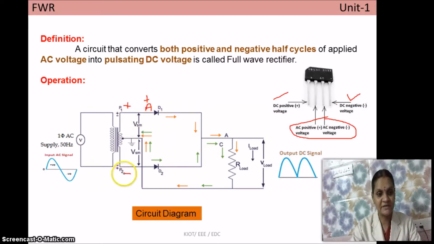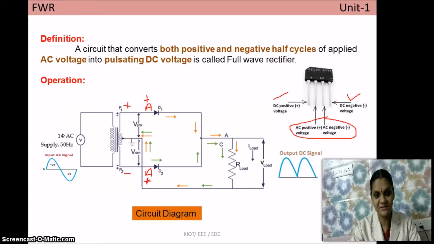And similarly here your P2 terminal is negative and this is also connected to anode of diode D2. Anode is meant for positive, and here positive polarity of the device is connected to negative polarity of the source. So this is reverse bias. We know that in forward bias the diode acts as a closed switch, and in reverse bias the diode acts as an open switch. So diode D1 acts as a closed switch. It allows the current to flow through it. The current takes the direction represented by the brown arrowhead. So it goes in this direction.